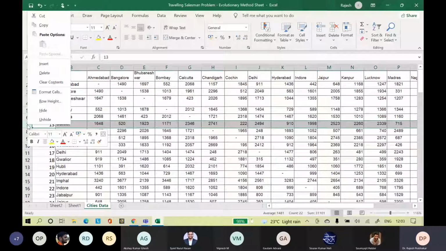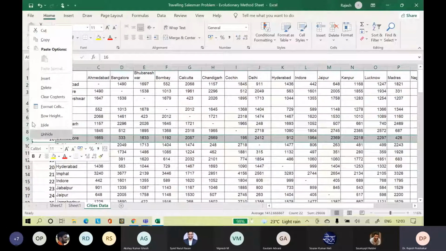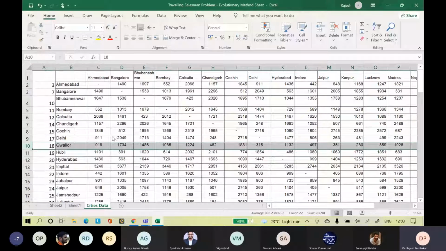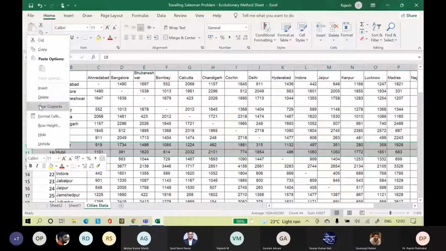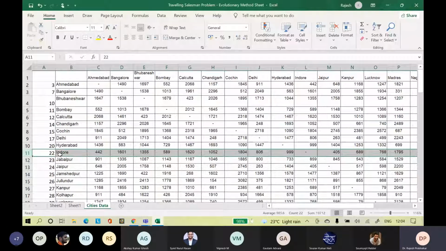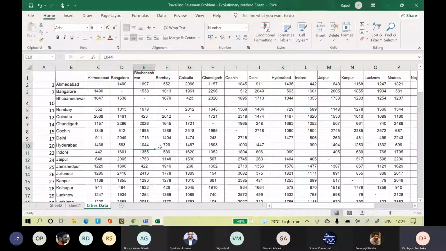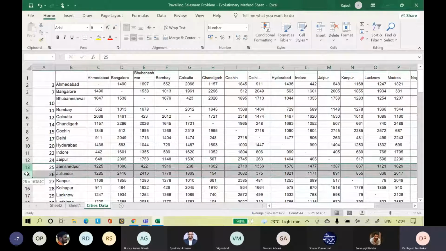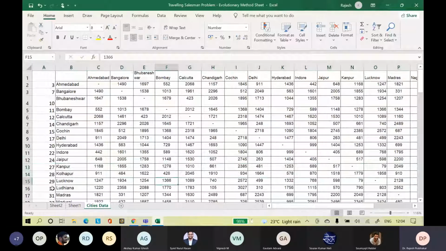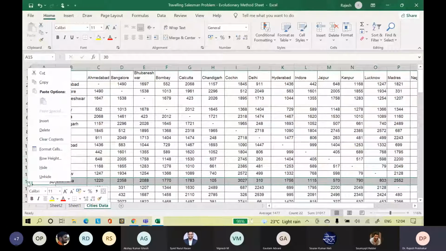We don't have Calicut, so we will delete. We'll have Chandigarh. We have Cochin. We don't have Coimbatore, then we delete it. Then Delhi is there. Gwalior, Hubli is not there. Delete. Hyderabad is there. Then we have Indore. We don't have Imphal. Delete. Then we don't have Jabalpur. We have Jaipur. Then we have Kanpur. So there is no Jamshedpur and Jalandhar. Delete. Then after Kanpur, we don't have Kolhapur. We will delete. We will get Lucknow. Then Ludhiana, we will delete.